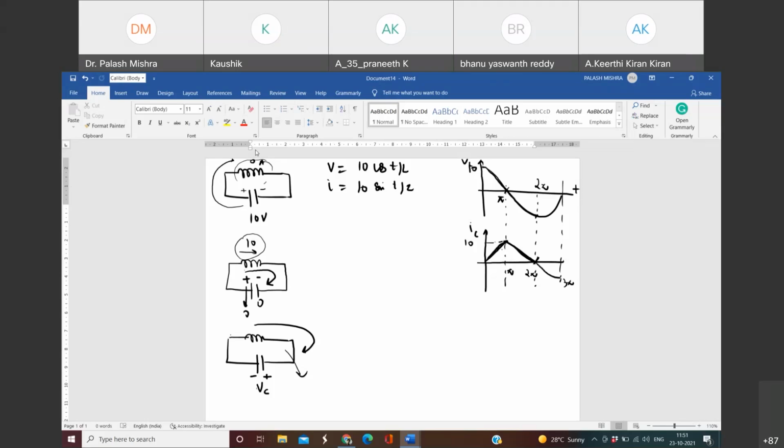The capacitor will again act as a battery, and it will supply the current in the opposite direction like this. So the current direction changes. If you see, current will become negative and the voltage will get discharged again. So this process of taking the voltage and supplying the current, charging and discharging, will continue for an infinite time. So this circuit is known as a tank circuit. It can store any amount of energy for an infinite time without even dissipating it.